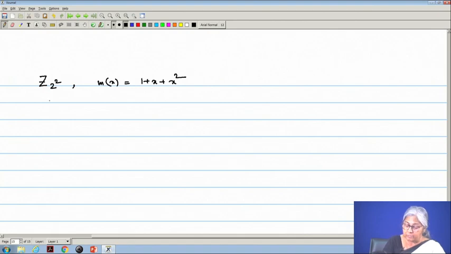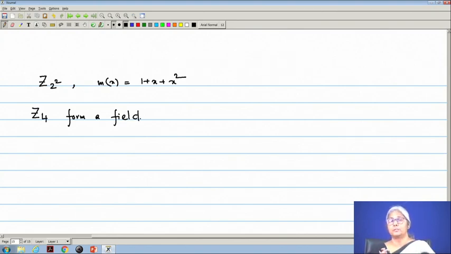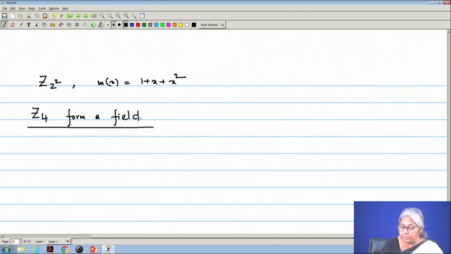Z2 square means Z4. See, 4 is not a prime, still Z4 forms a field when we have converted this operation to modular polynomial arithmetic, and then Z4, just now what we have seen, even though 4 is